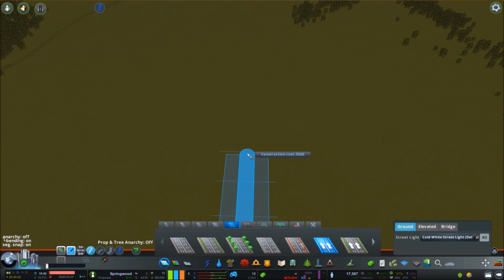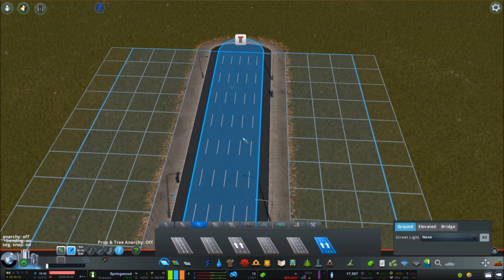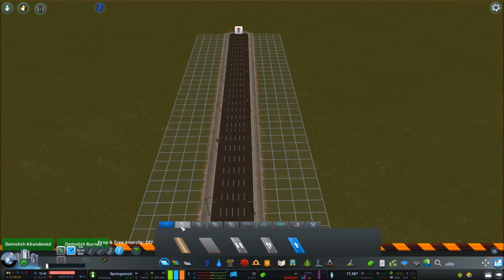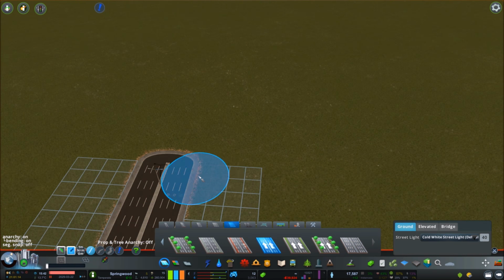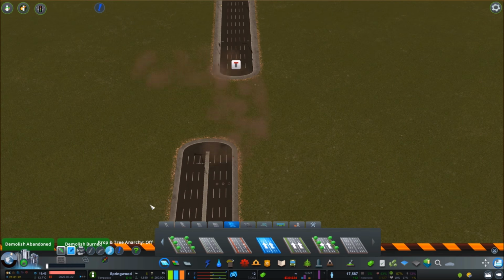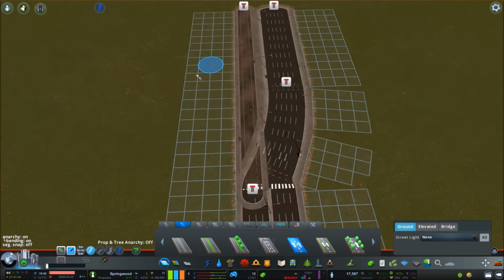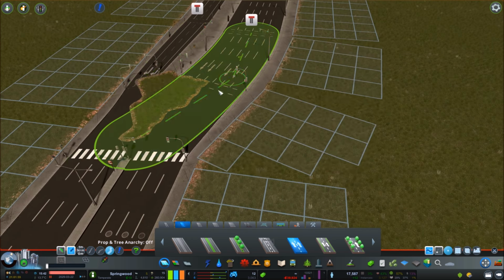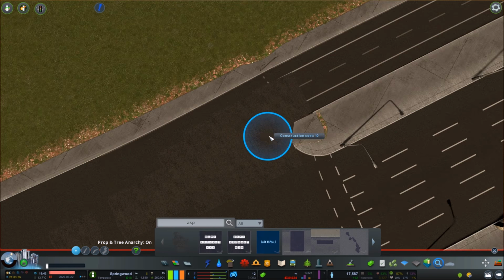Hello, and in this video I'm making an Echelon Interchange. I hope that's how it's pronounced. I think it is. I googled it and that's what came up on how to pronounce it, so hopefully that is correct. An Echelon Interchange is basically one where one approach is elevated and the other goes underneath, and they intersect at a two-phase traffic light